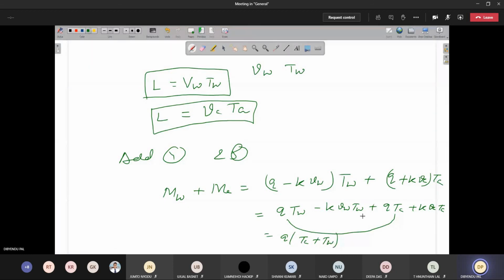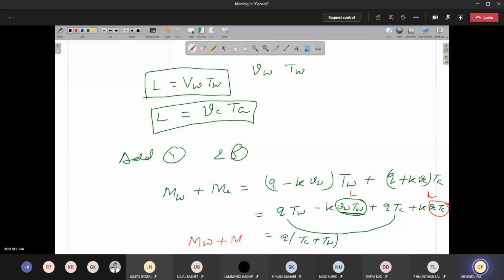Now you see here, what is BW TW? BW TW is nothing but the distance L. Similarly, BA TA is also the distance L. While moving with the stream, the speed was BW and time taken TW, so the distance covered is L. While against the stream, speed was BA and time was TA, so the distance covered is L. So minus KL and plus KL cancel, and it becomes 0.